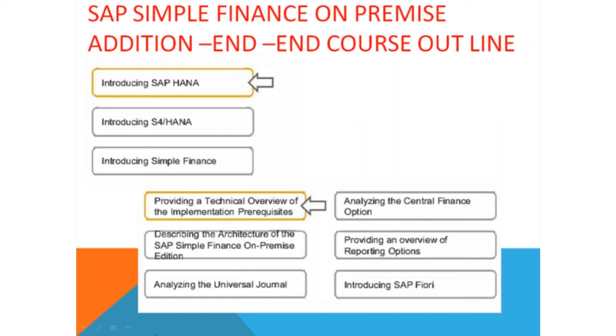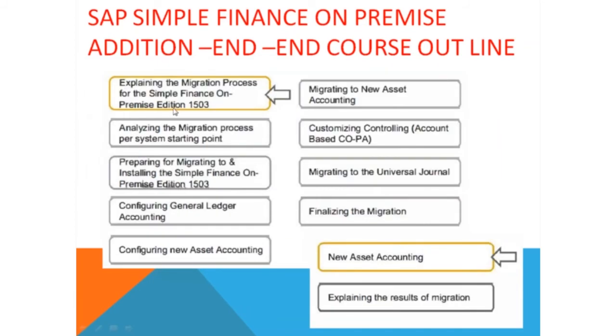then providing a technical overview of the implementation prerequisite, describing the architecture of the SAP Simple Finance on-premise edition, then analyzing the universal general ledger, then analyzing the central finance option, providing an overview of the reporting options, introducing SAP Fiori, explaining the migration process for the Simple Finance on-premise edition, then analyzing the migration process per system starting point, then